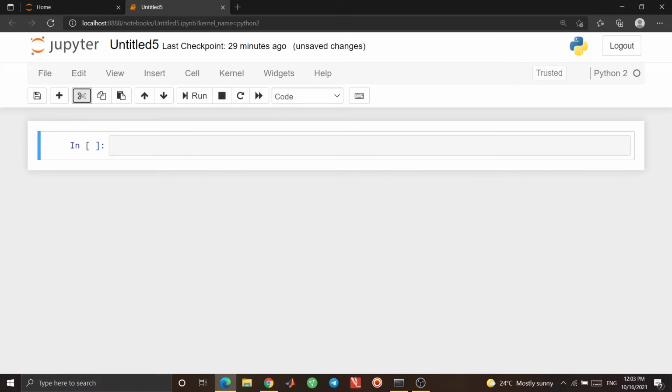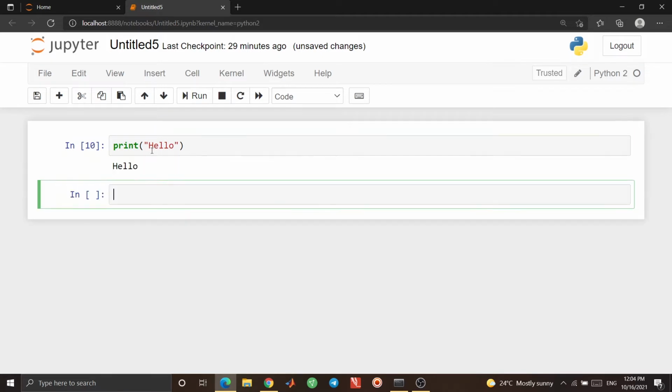Well, now let's talk about comments. Comments can be used to explain Python code or make it more readable, and they are also sometimes used to prevent a block of code from executing. Let me tell you how you can make comments. For example, we have print hello here, and it is running, and I want to add a line to show that this line is for